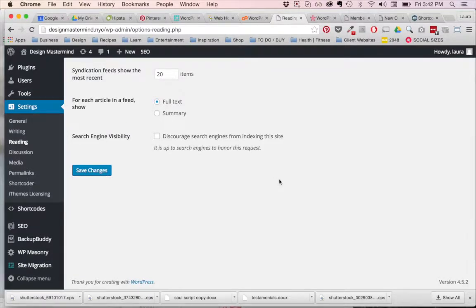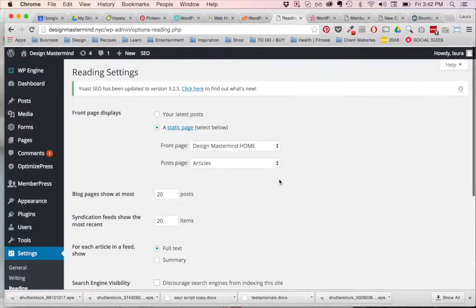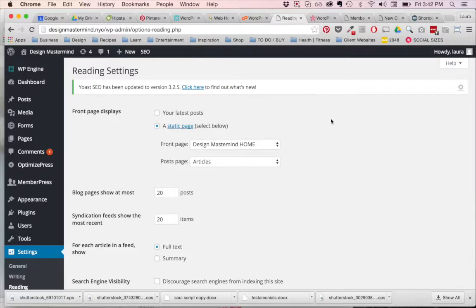So that's it for the WordPress dashboard. The next thing I want to cover is themes, Optimize Press, and customizing your